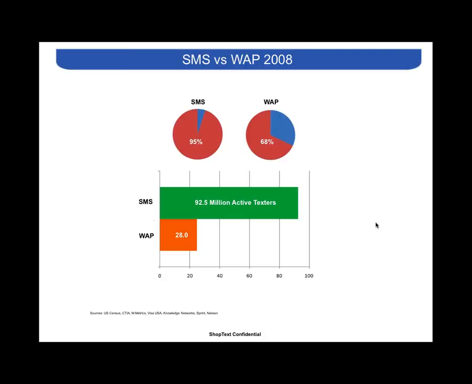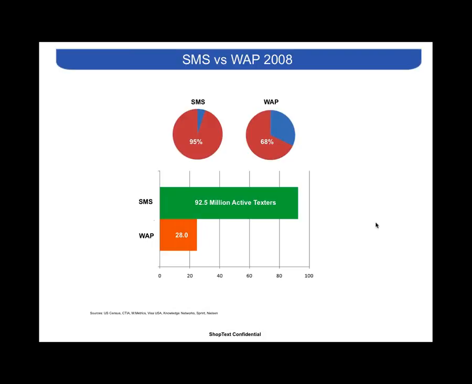Amazingly, 68% of phones are WAP enabled. WAP means you can access the internet from your phone. But one of the stats that is really amazing is the actual percentage of people who use the phone for texting has almost doubled from this number that you're seeing here. But WAP, even though you've got the capability, a much smaller percentage of people have actually used the WAP capability on their phone. And that's going to grow over time.